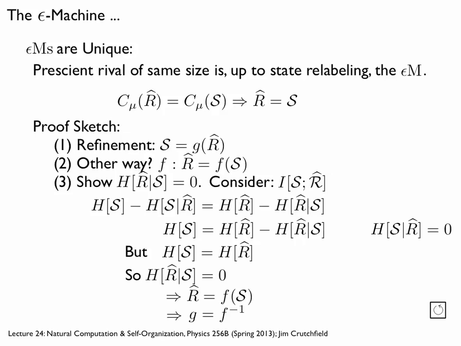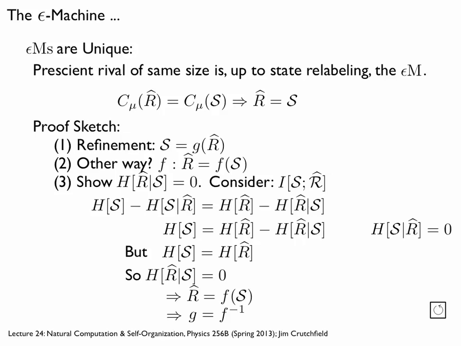I can also expand this in a complementary way. I can pull out the marginal distribution from this joint: the uncertainty in the rival states minus the uncertainty in the rival states given the causal state. Those are just information identities. Well, we just argued that there is no uncertainty: if I know what the rival cell is, I know what causal state I'm in. There's a function. It's determined. So that term is 0. So we just have this on the left-hand side now, and on the right-hand side, we just rewrite this and get rid of that term.